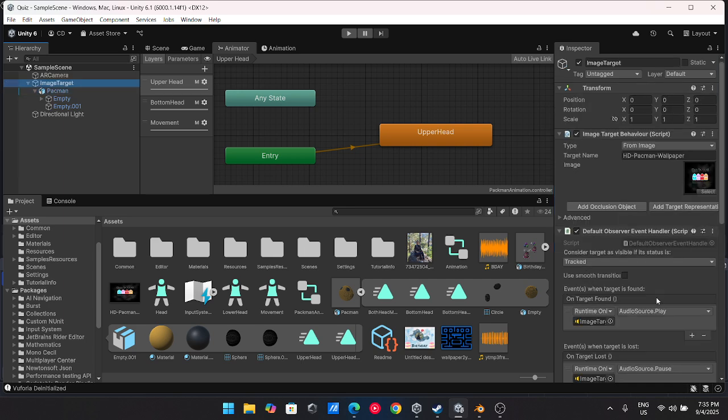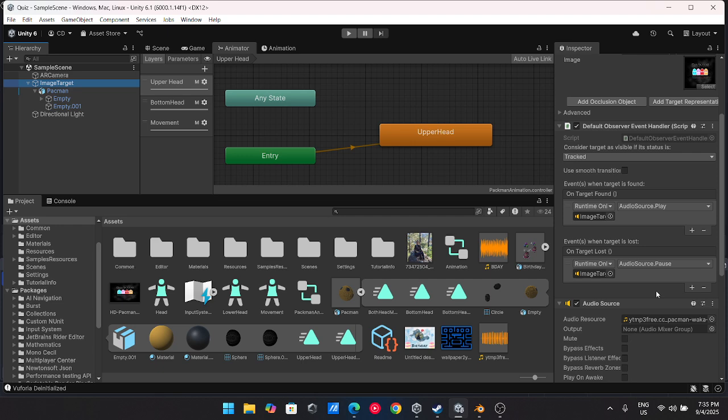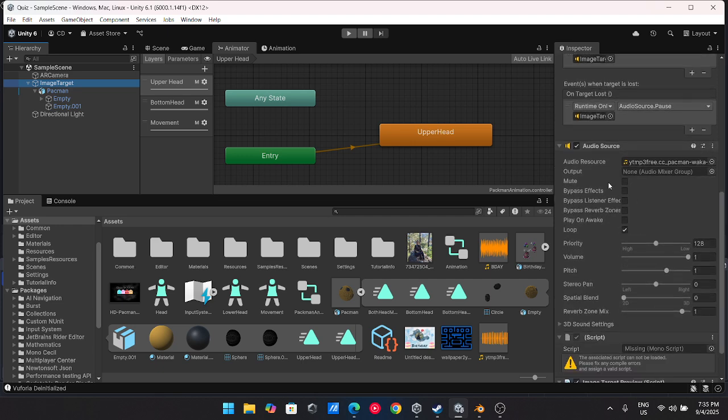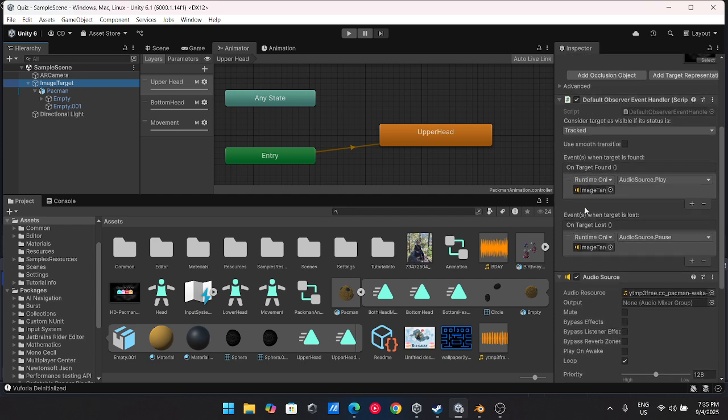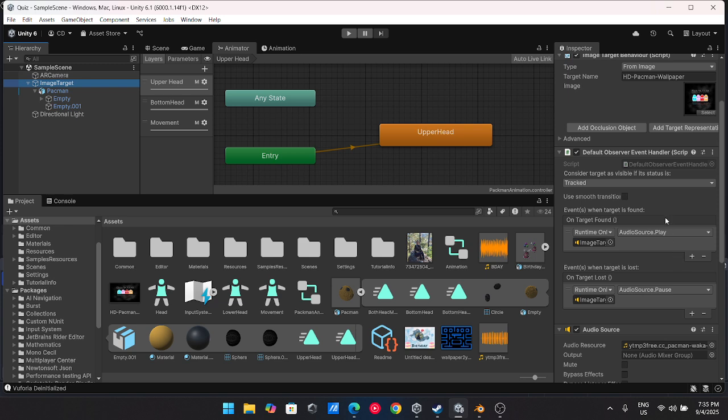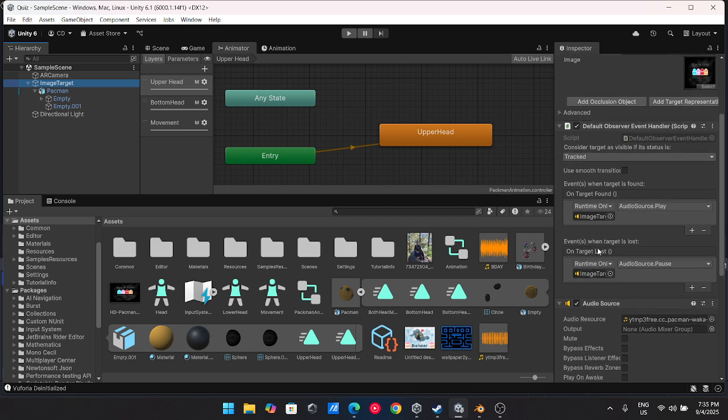After that, I added the image. I clicked the image target and added the audio file, which is the Pac-Man iconic sound. And then I added a simple condition to play the audio whenever the camera detects the image target, and to stop whenever it does not find the image target. Here is a quick sample of the